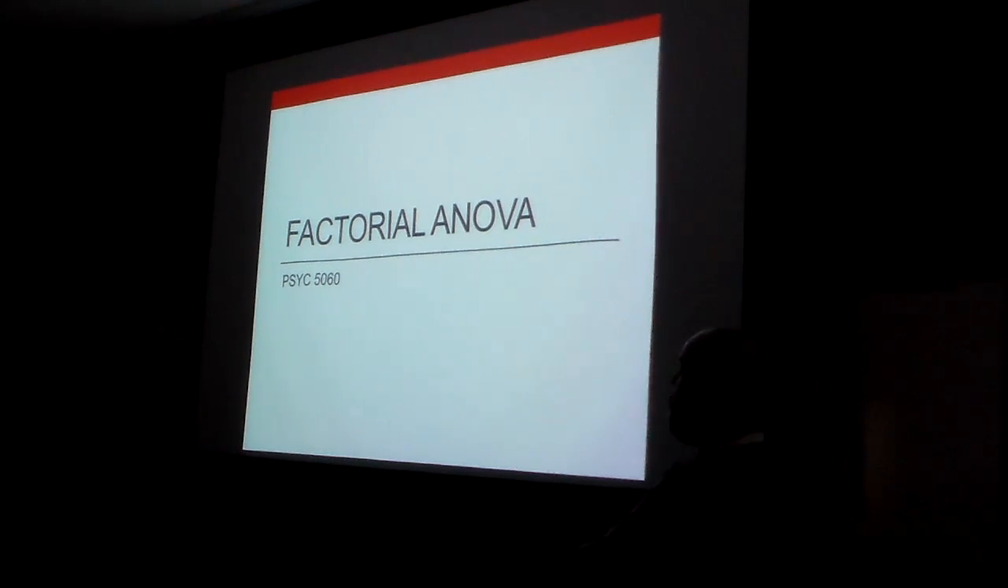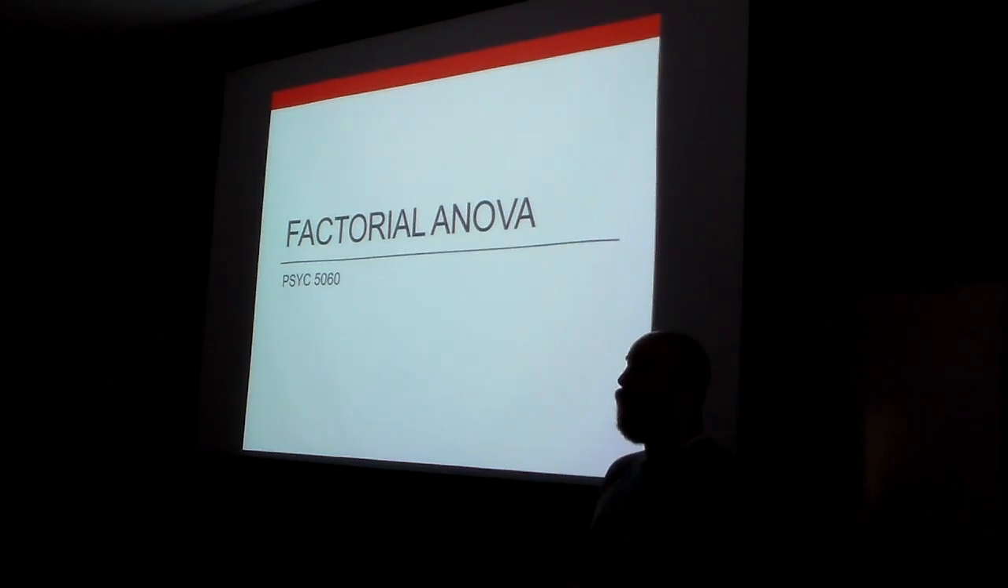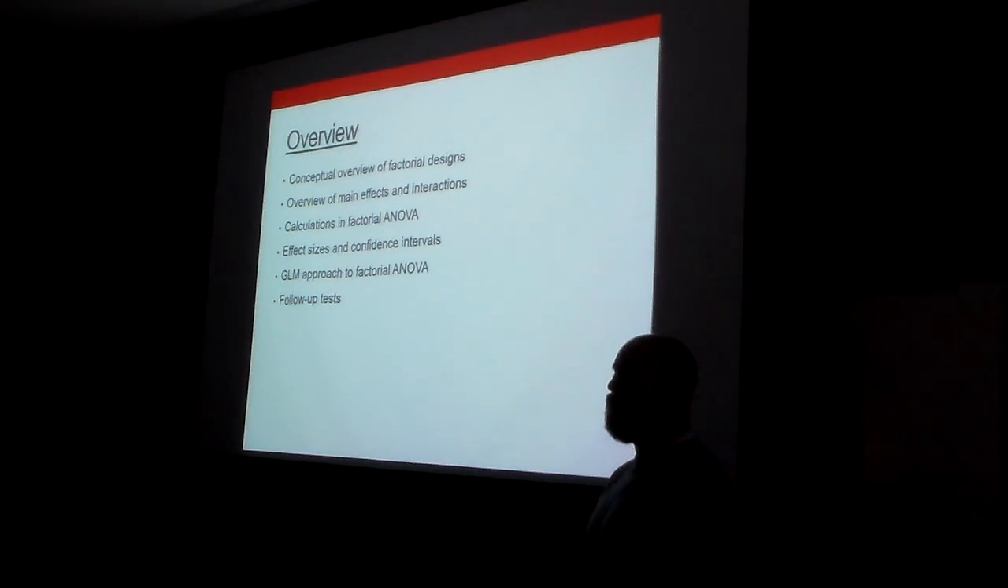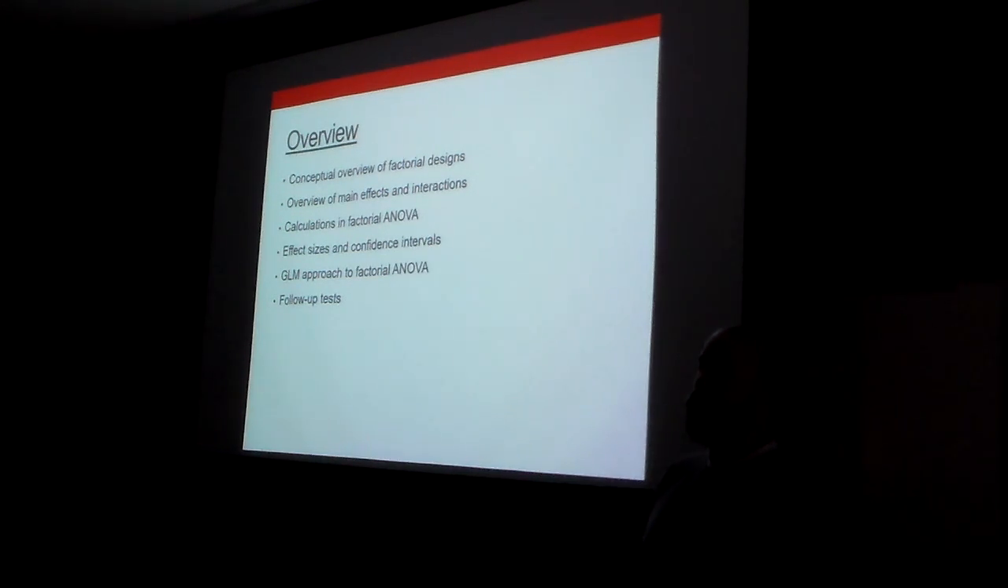All right, last stuff we're going to get into is factorial ANOVA. So we're going to go through a conceptual overview of our factorial designs, talk about main effects and interactions. We're now to the point where you will not be able to escape interaction effects from here through the rest of this school year. We're going to talk a lot about this stuff. We're going to talk about calculations in factorial ANOVA, effect sizes, confidence intervals, and then go through follow-up